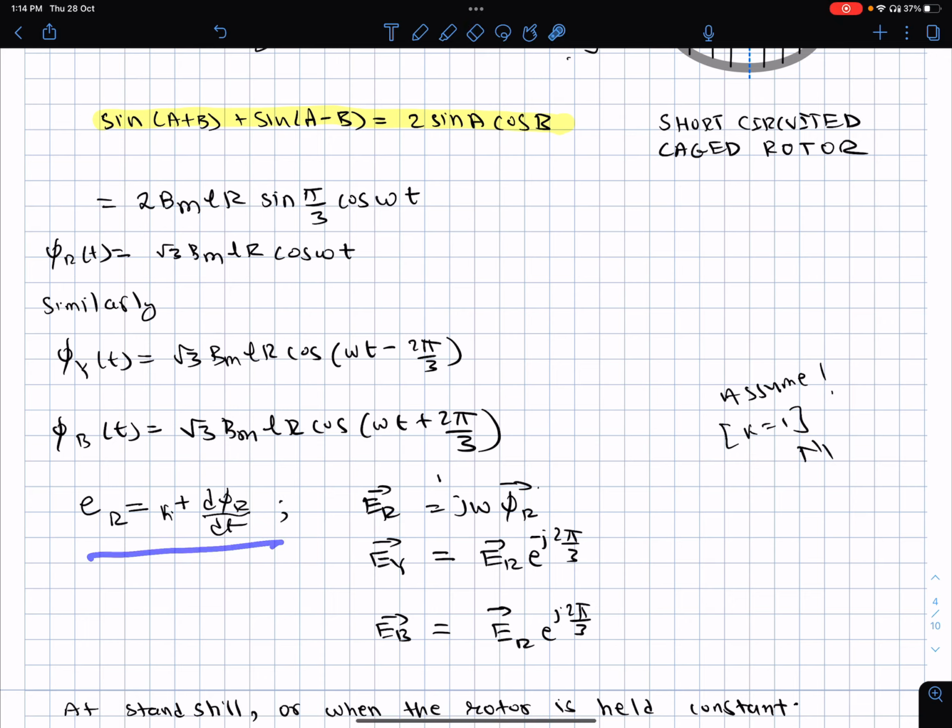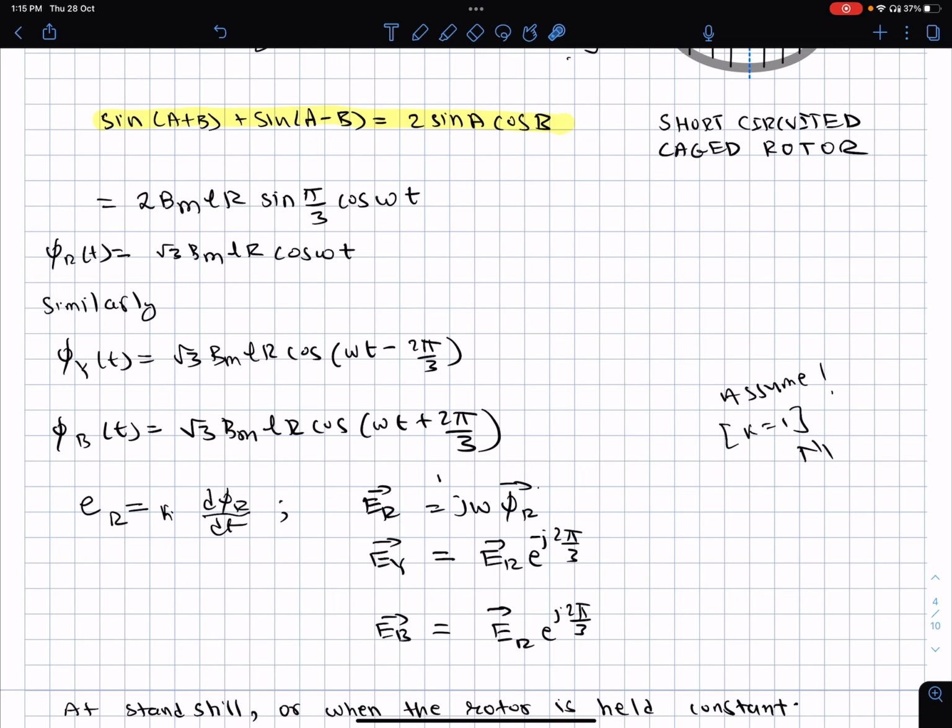So then ER will become equal to K times d phi r by dt, where for the time being I am taking k to be equal to n1, and the plus is fine. As I told you, this is just a question of sign convention. If you just reverse the polarity, the minus becomes plus and pluses become minus. This aspect we have discussed earlier also. Our circuit convention is to write V or E equal to d psi by dt. So that's what we have done here.